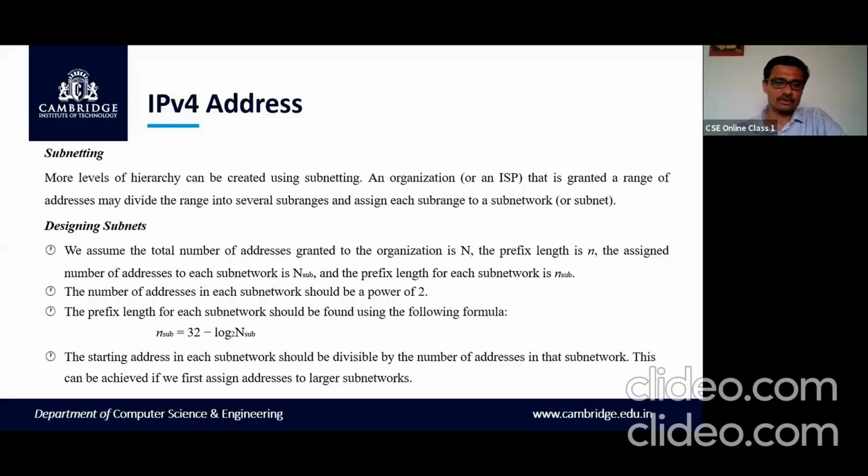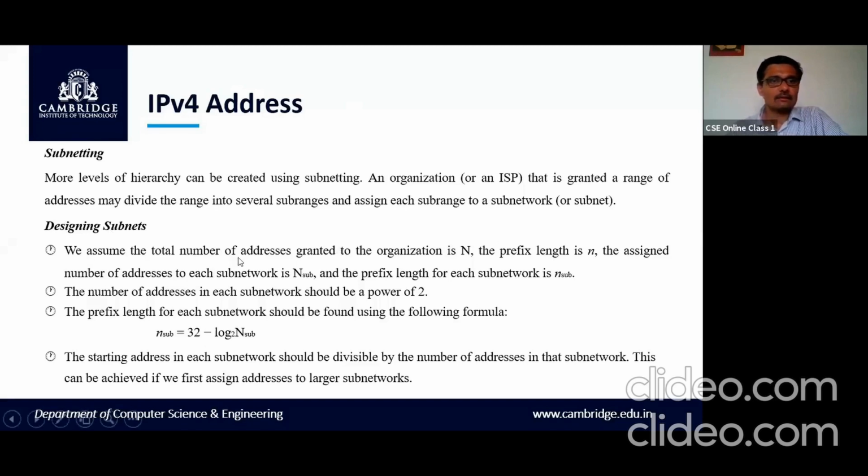For example, computer science we may require some 500 out of 1,000, or let us say 250. Whereas information science may not require that many. They require only some 60 addresses, like that. Okay, depending on that, the network administrator will again design the subnetworks. Now, how to design the subnetwork here?